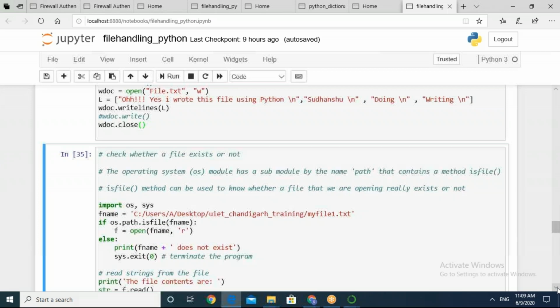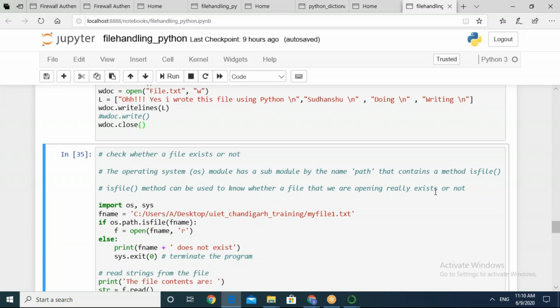I'm repeating, we are going to use the os module, which has a sub-module named path that contains the method isfile. First of all, we need to import os and sys; these two packages we are going to use. The isfile method can be used to know whether a file that we are opening really exists or not.